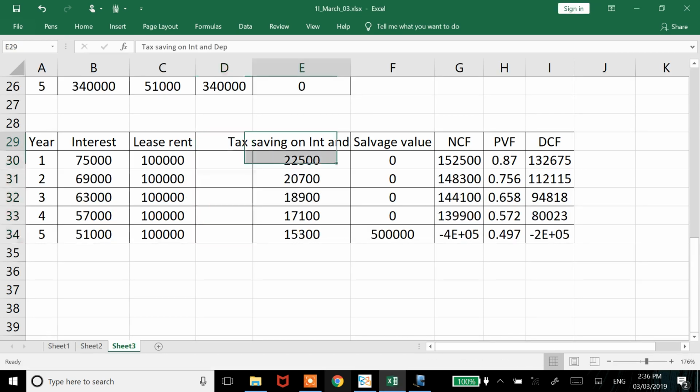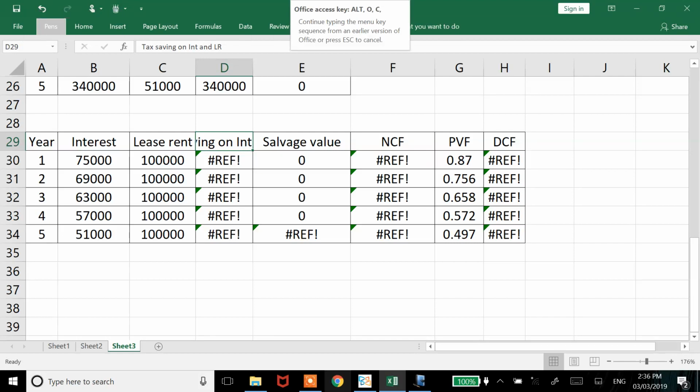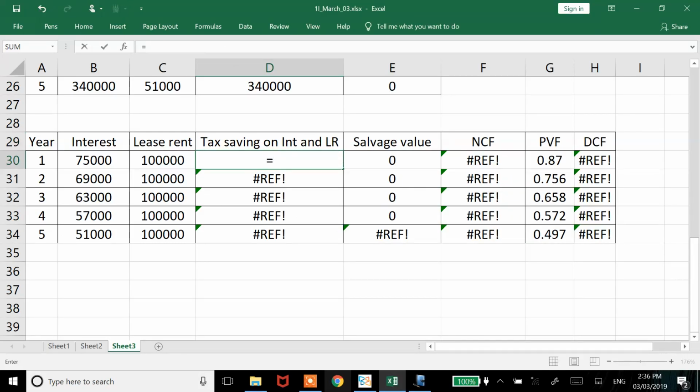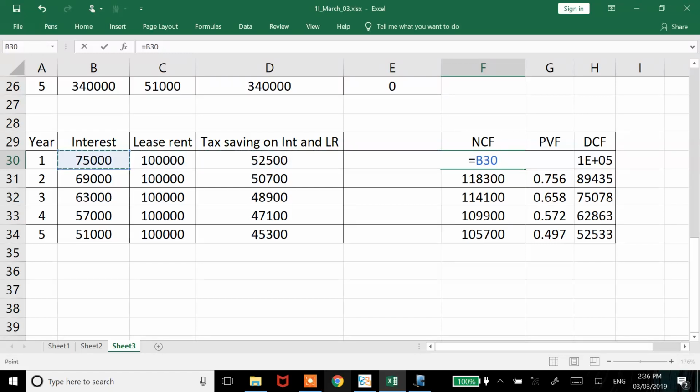There can't be any depreciation. Tax saving on interest and lease rent. I'll explain why I'm not writing principal in some time. Interest plus lease rent. There's no salvage value here. So my net outflow is